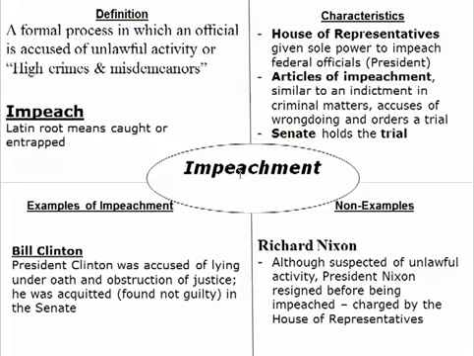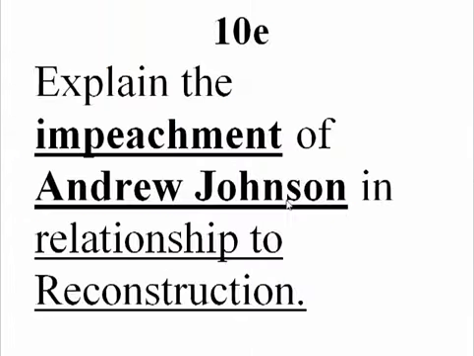It was violating high crimes and misdemeanors, laws, doing something unlawful. This is a way that Congress could get rid of the president if he was doing something that violated the Constitution, to keep him from becoming a tyrant like King George III or someone else. Impeach comes from a Latin root word that means caught or trapped. Remember the last name Johnson and first name Andrew is his impeachment during Reconstruction. Don't get Jackson in there.